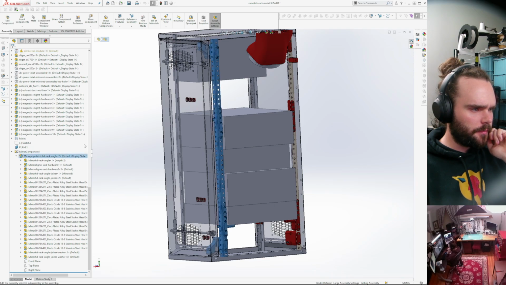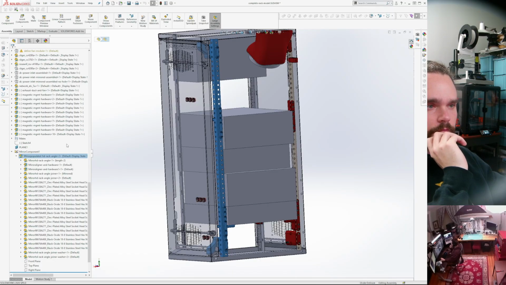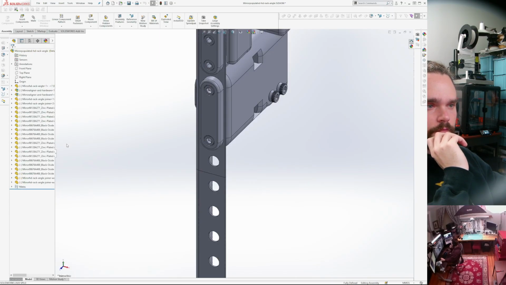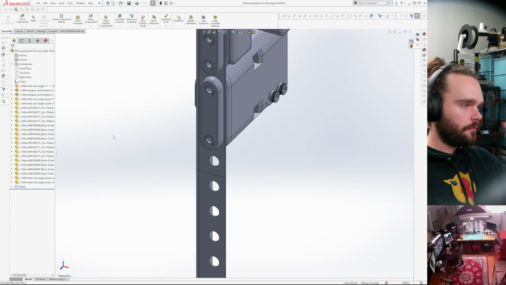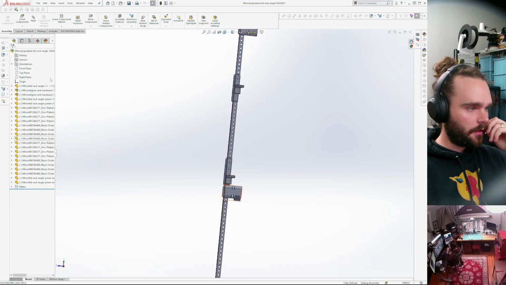This doesn't update? Yeah, I guess it doesn't update. Blame.